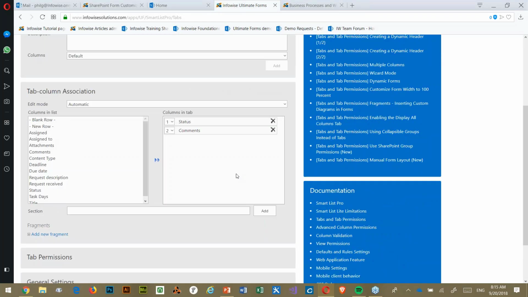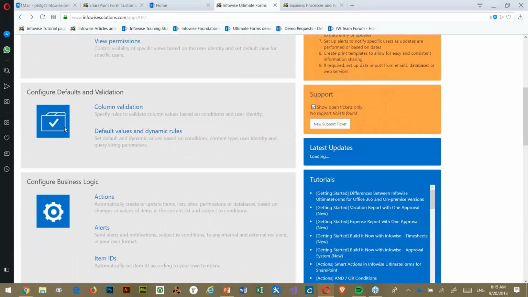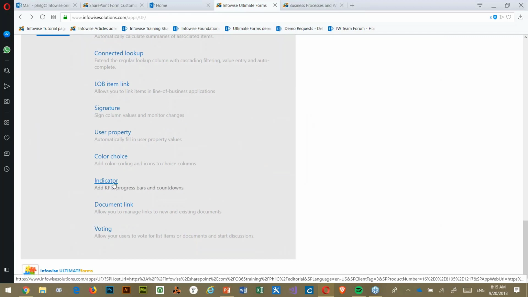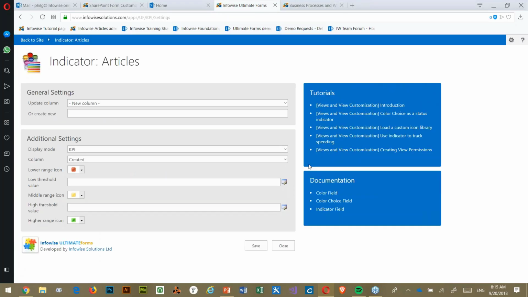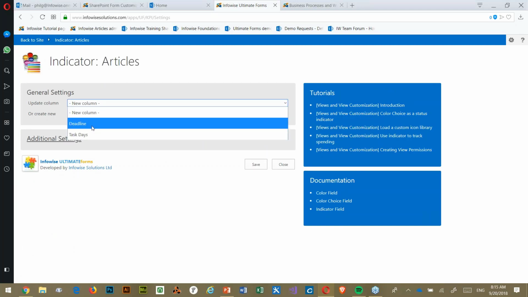So how would I put this stuff together? Infowise Ultimate Forms has got this indicator functionality, and you can put in not just progress bars or countdowns, but you can put in KPI information as well. What I did on my deadline